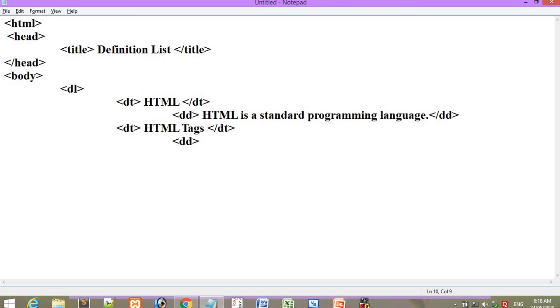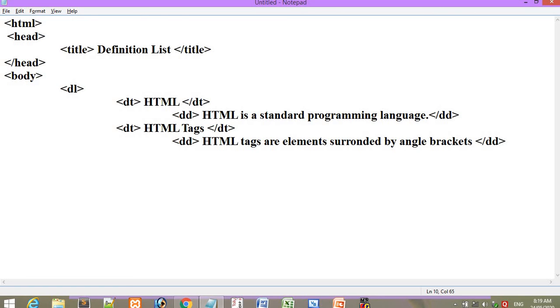It can be: HTML tags are elements surrounded by angle brackets. Now I have to close my definition description tag with the forward slash. So I have closed it.